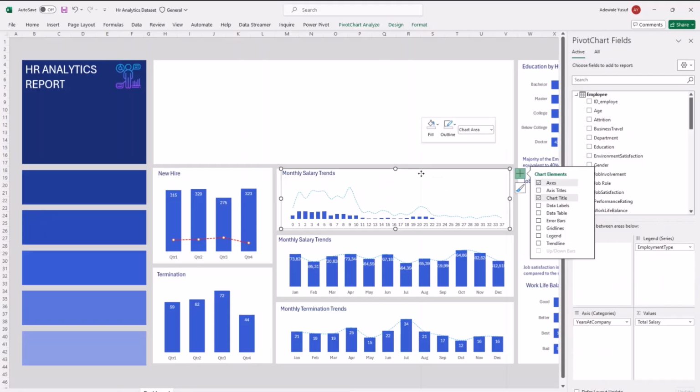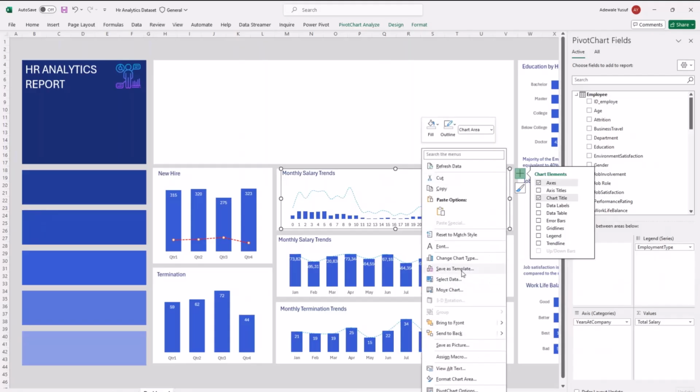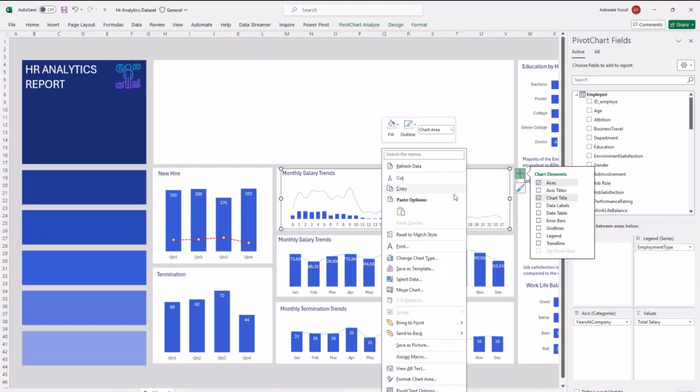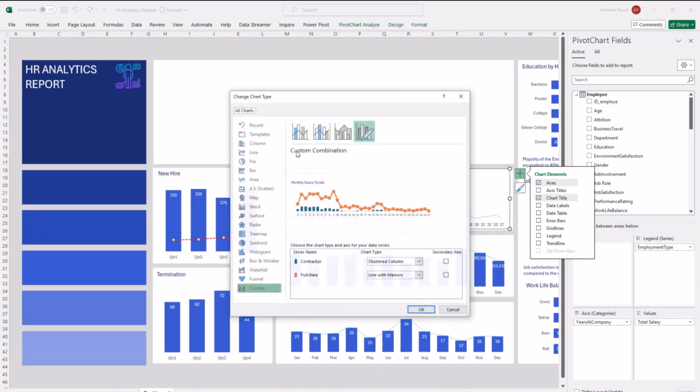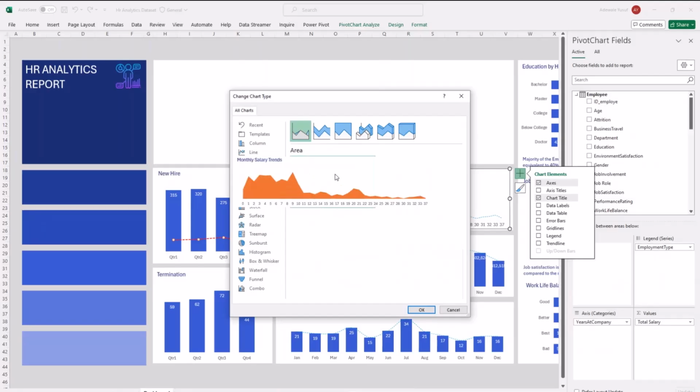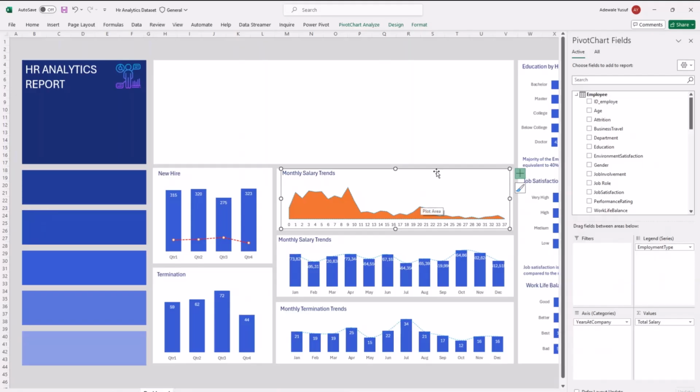So I can right click on this one, go to my change chart type. When I right click on this and select my change chart type, for this one I want an area chart. So area chart, basically. Now this area chart that I